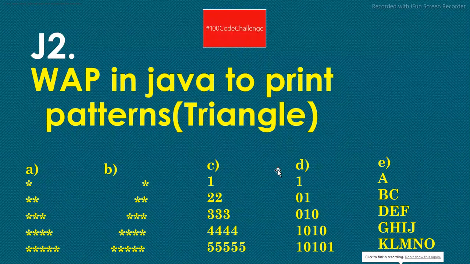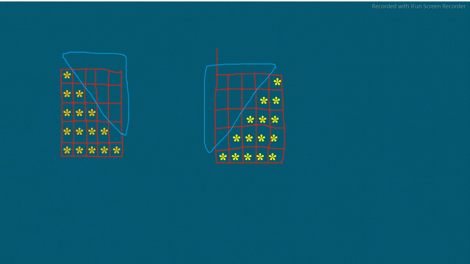So this is the second video in this series of 100 Java codes, and we will be printing this triangular pattern. So my first pattern is already visible, and second pattern. We will first try to develop the logic of the first and second pattern at the same time, because it will be very easy to understand and analyze both patterns together. So in the first pattern, you can see what is happening.